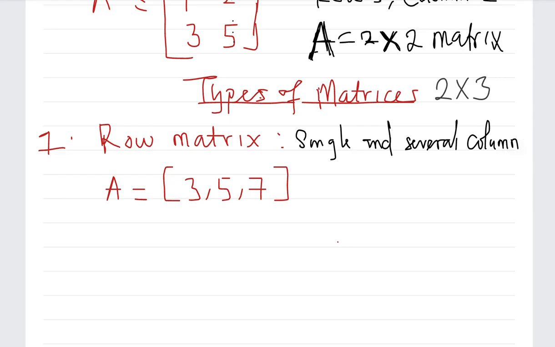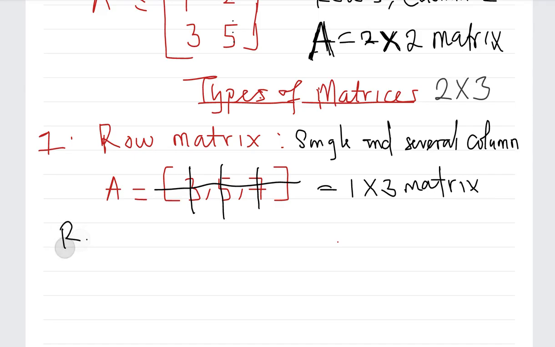Are you seeing that now? So you can see this example that we have here. How many rows is this? One row. So this is 1 by what? How many columns? 1, 2, 3. So this is a 1 by 3 matrix. So another thing, if you want to represent this, you can say that a row matrix